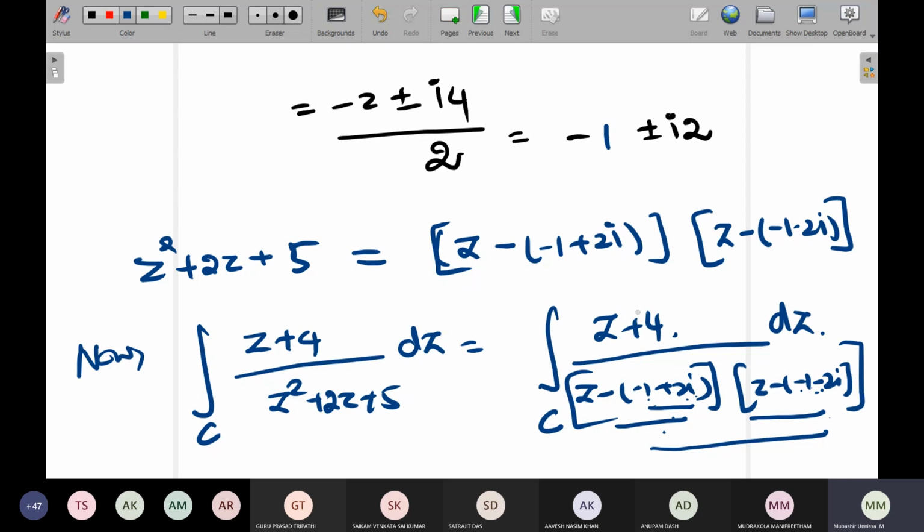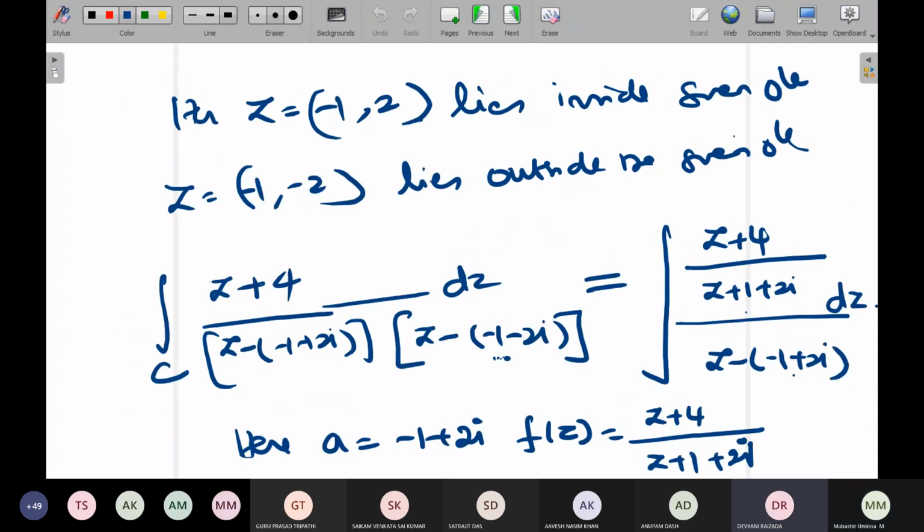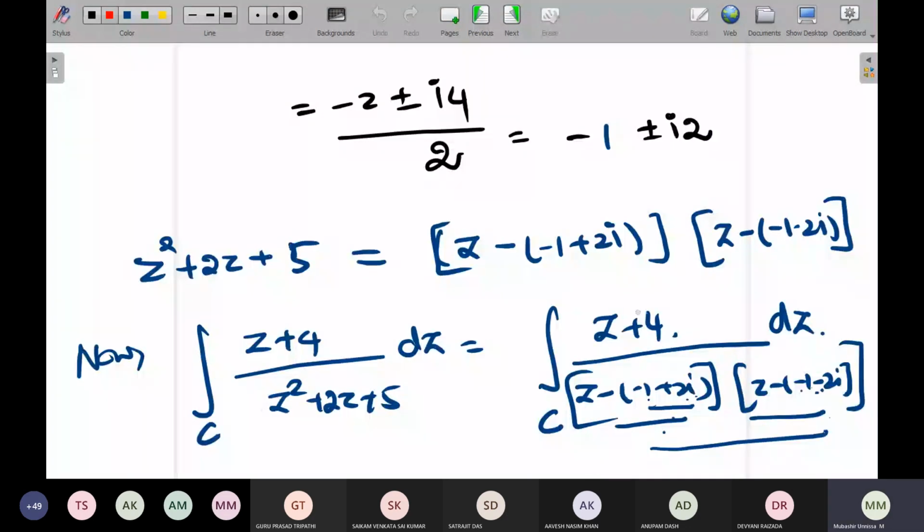See, I'll do one more. Next slide. This one, ma'am? No, ma'am, the slide where you took the point to the numerator. Yeah, this is the slide. See, I took this point to the numerator because this is lying outside, and that I took it as f of z. Ma'am, so your f of z is actually z plus 4 divided by this point. Yes. See, I'm writing it very briefly because you have to understand. Actually, you can do all these things on the side and just write the problem directly also.